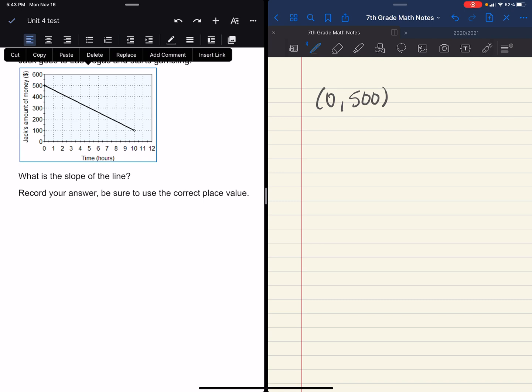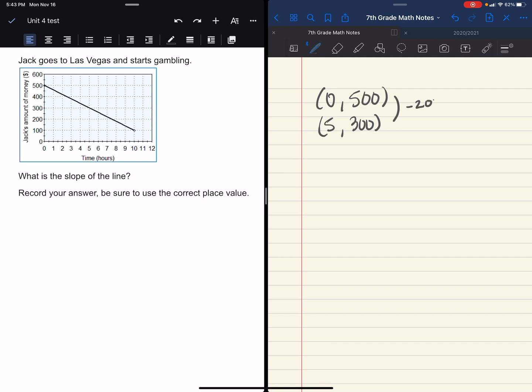Then I'm going to pull off, I can't actually point and draw on it, so I feel a little silly. But the next ordered pair is going to be 5, 300. Now, please make sure that you actually can find that point on this graph because I'm pretty sure that's a pretty point. So now I am just going to find my change in y, which looks like minus 200 because